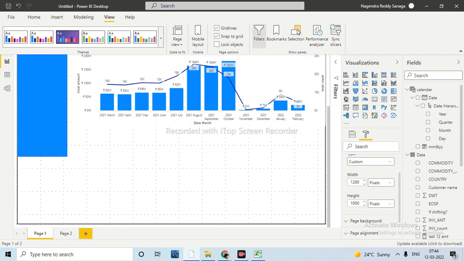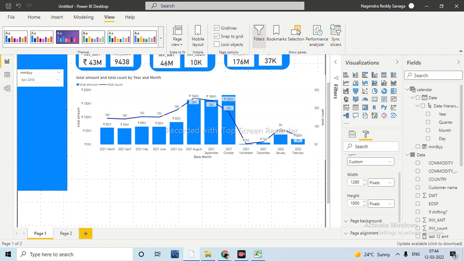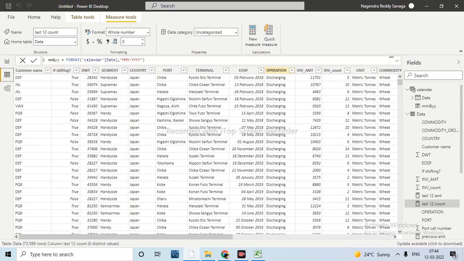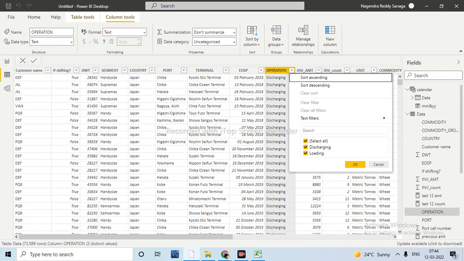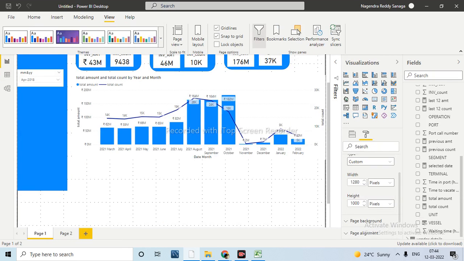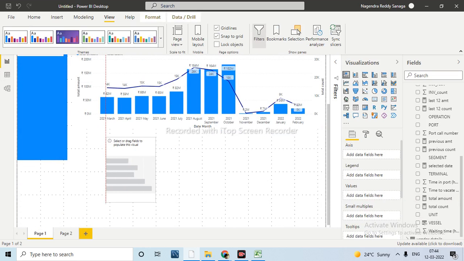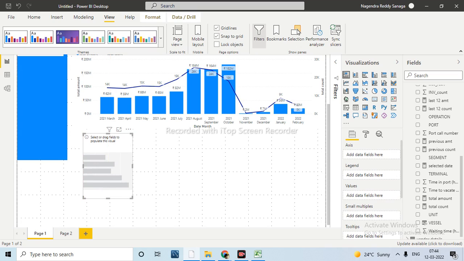Now next thing is just we will take 3 graphs. Those are very simple. We will segregate the information by country as well as any other we have here. Yeah, here we'll take one of them is this one, and one of them is country, and one of them is segment. Let me use these graphs. I want to see the information for each country, how much is the amount. Just I am taking only amount now.